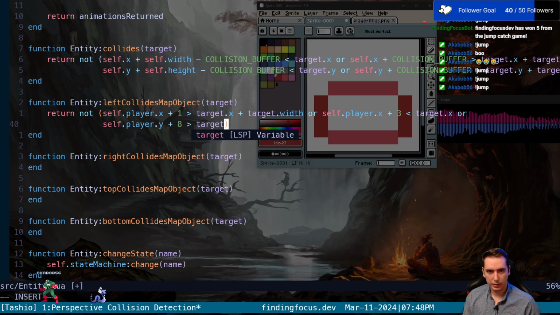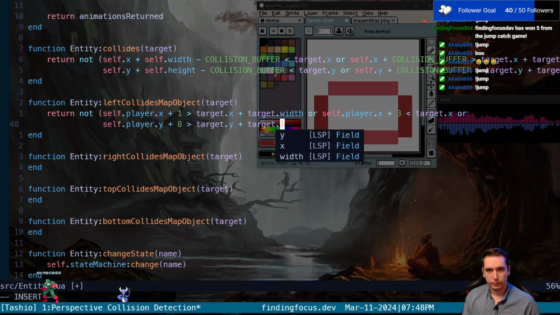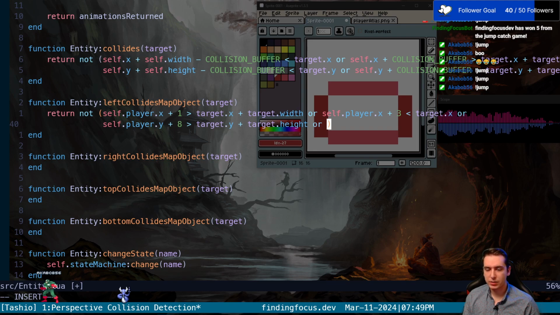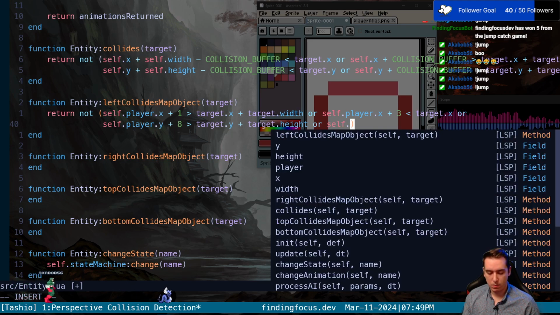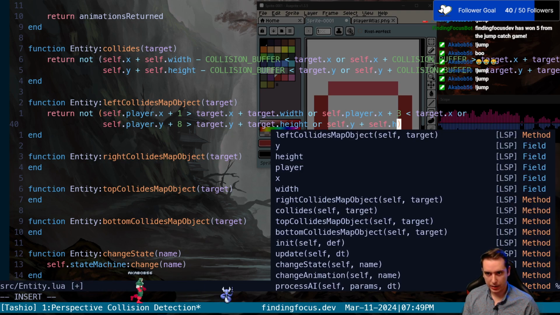So it would be target.y plus target height. Or the bottom of our box, which would be self.y plus self.height